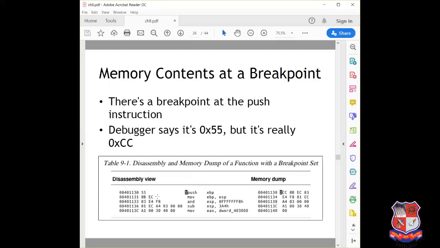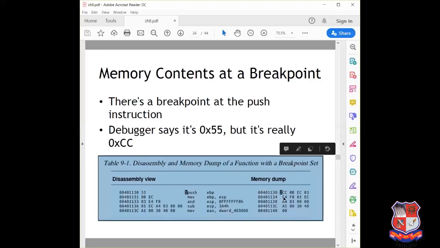Here we can see one instruction, push EBP. The function is starting from this first instruction, and the value is 0x55. For the same instruction, the value in the memory dump is 0xCC, as we can see in the second point.